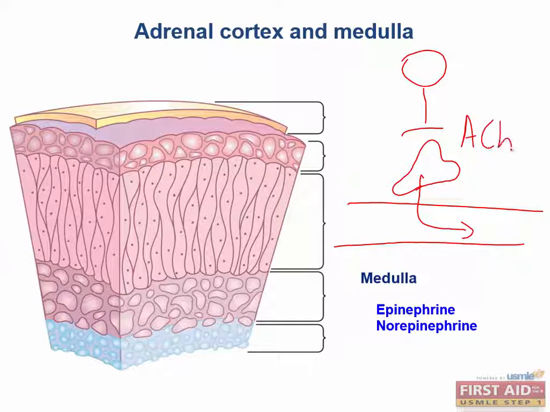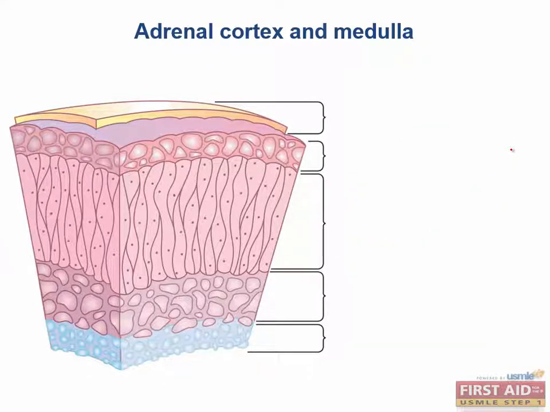It's acetylcholine, and it's picked up by nicotinic ACh receptors. And that's going to be the same no matter whether you're in the adrenal medulla or in a postganglionic sympathetic neuron. You should be able to identify the various functional layers of the adrenal gland from a histologic specimen as